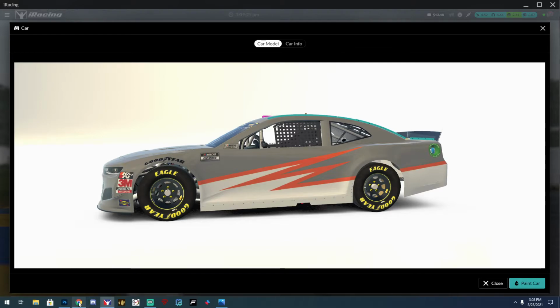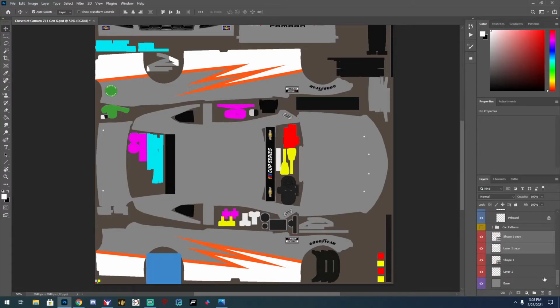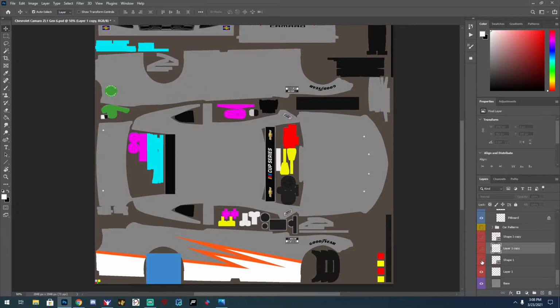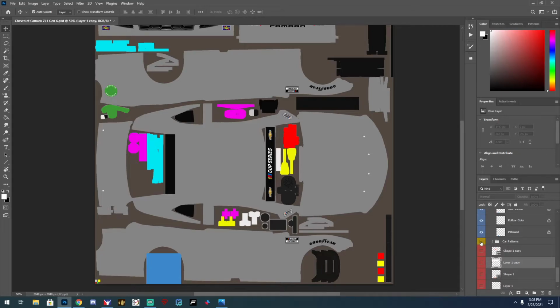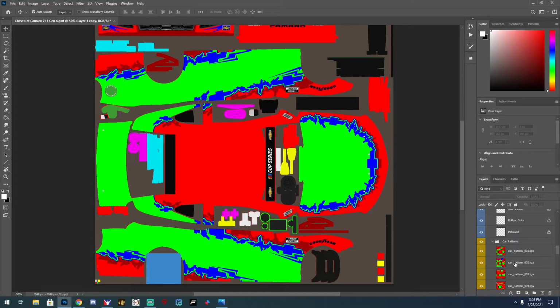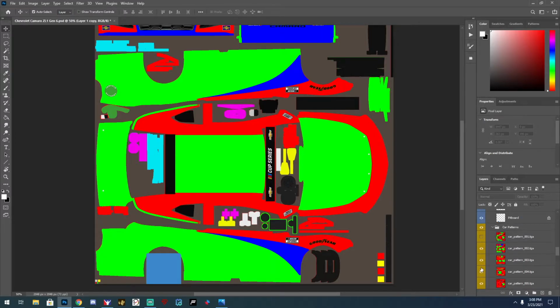Also, I touched on it a little bit in the last video. I'm going to hide these layers real quick that I just did. If you're working on trying to get better at making lines and designs, a lot of these, I did this in the last video, I showed you how you can recolor these so that you can just use the base schemes that are built into the templates if you just like some of these designs. But something you can do to try and practice getting better at the painting and drawing the lines and stuff is you can go in here